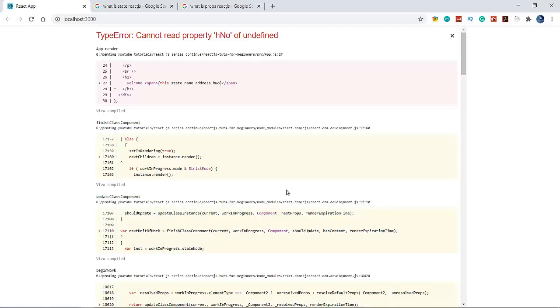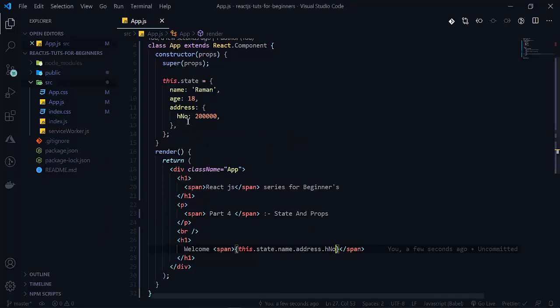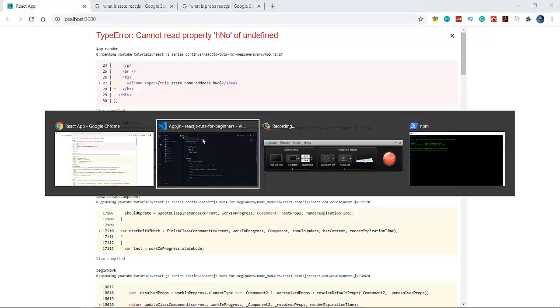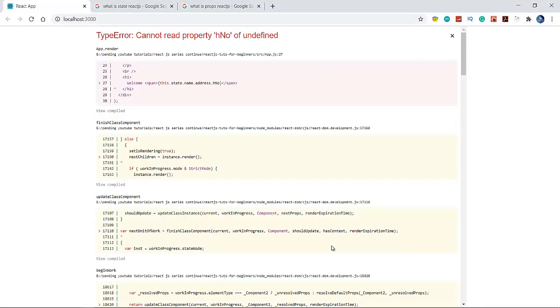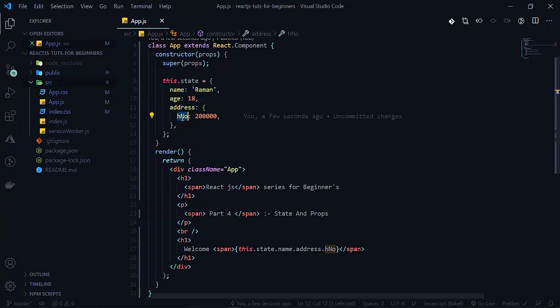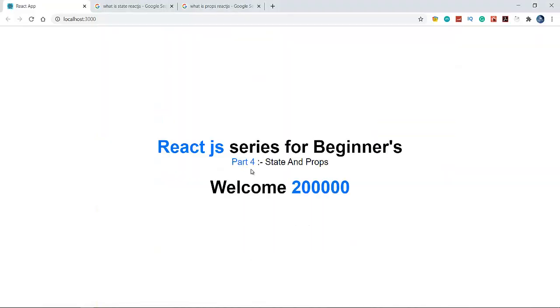See that house number. Copy this, paste this. House number not defined. Okay. So this dot state dot address, there will be address. This dot state dot name dot address will not be there. See that.